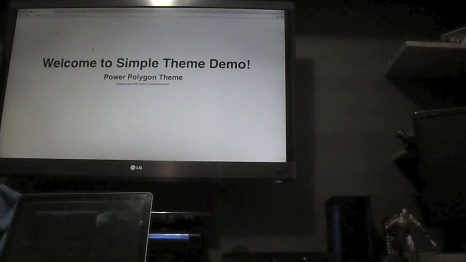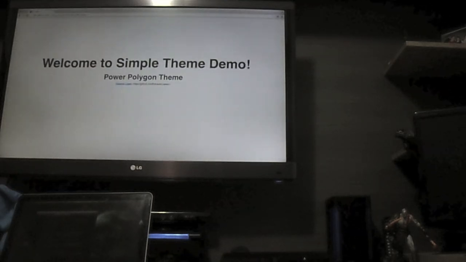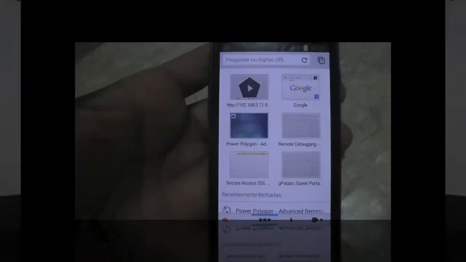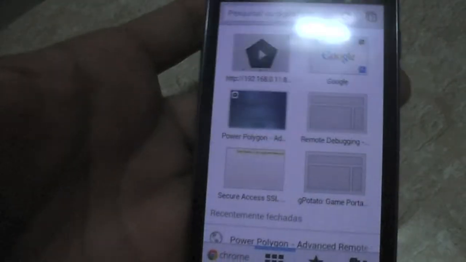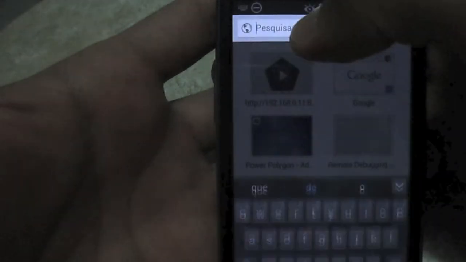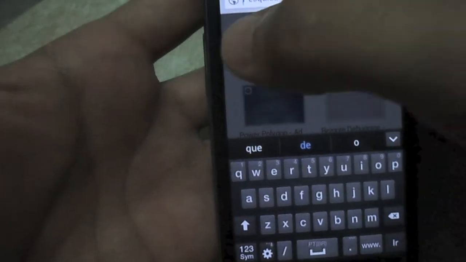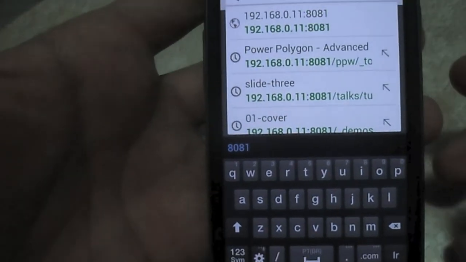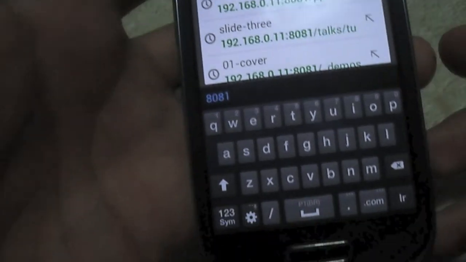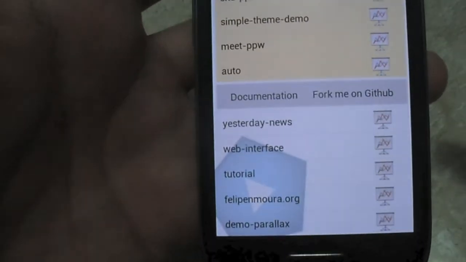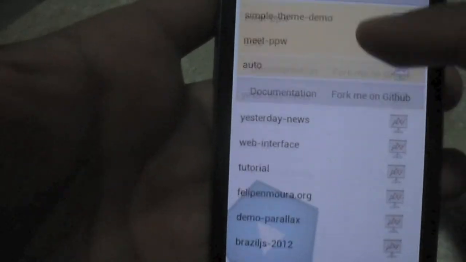Now I can enable the remote control because for now I am just controlling it from my computer. To enable the remote control, I come to the top left corner of the screen and then hit the remote control. I am going to use my mobile phone as my remote control. To do that, I open one of my browsers here, and then I am going to paste the IP address on port 8081 as well,